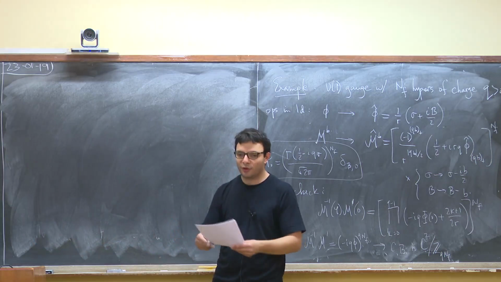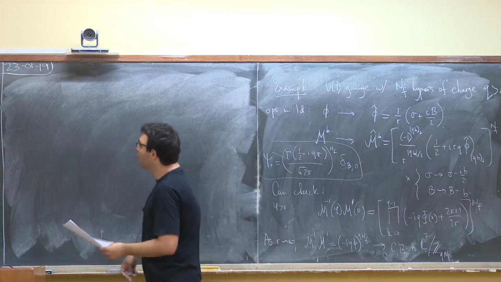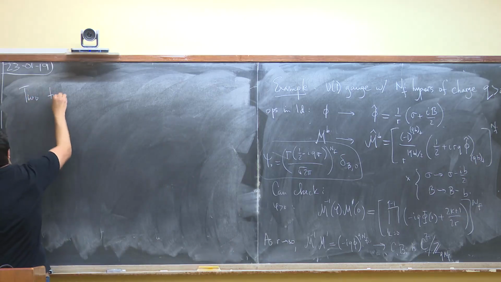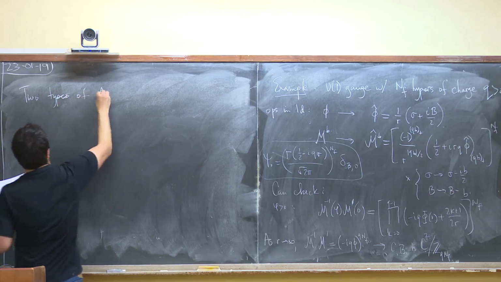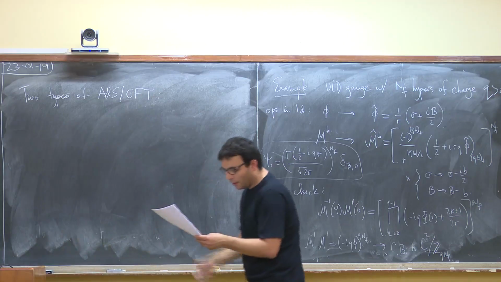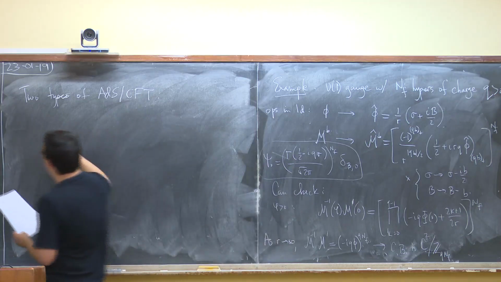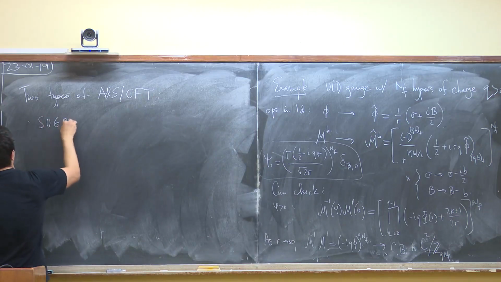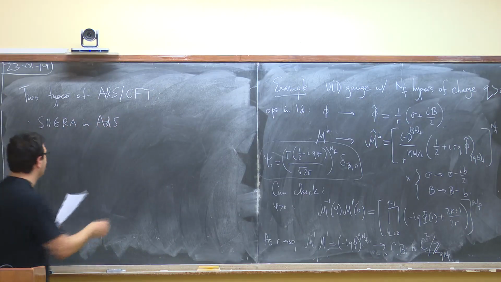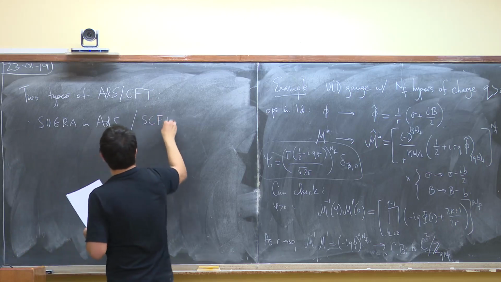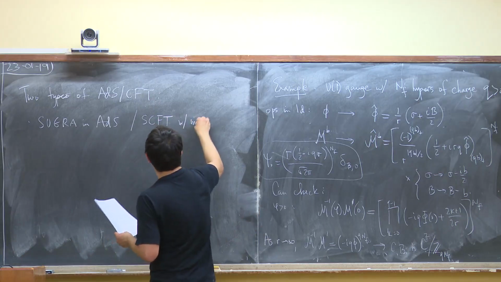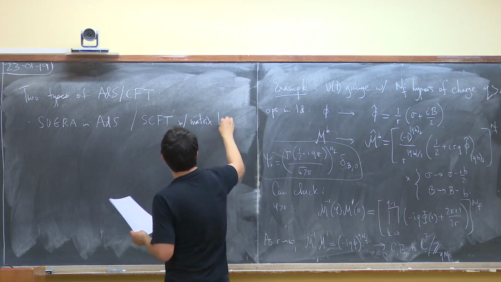So the question is, what is the holographic dual? Do they have a 2D holographic dual? These are 1D sectors. For that, first I should remind you, there are two types of AdS/CFT. There are dualities where we have supergravity in AdS, and that's dual to a CFT, a superconformal field theory, with a matrix large N limit,